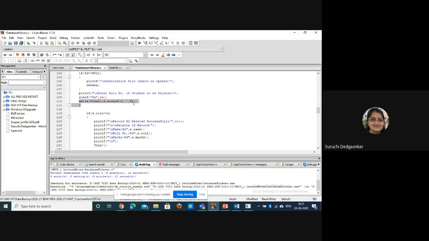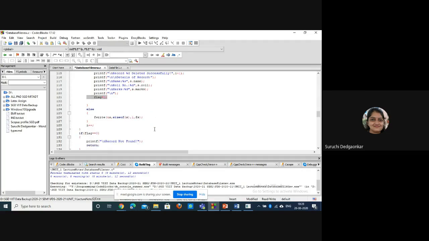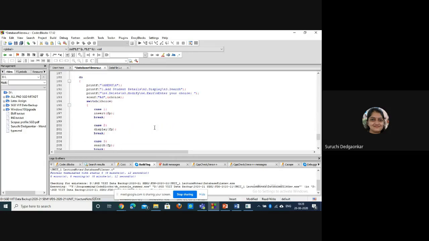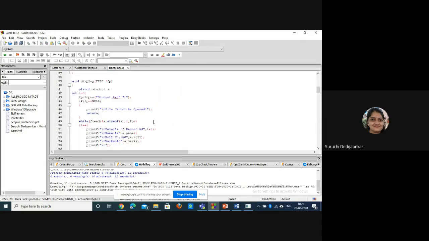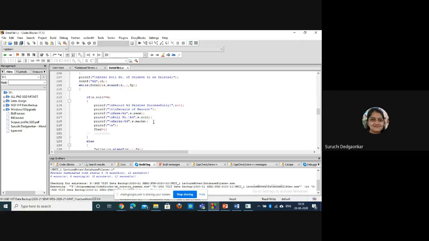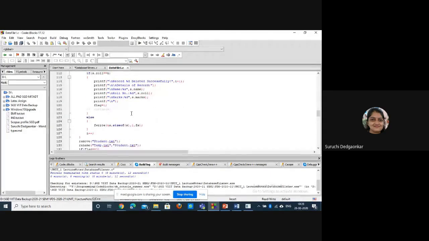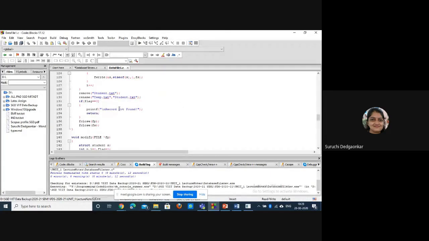Okay, so we will read the records from the source file, and if the match is found, the record we want to delete, so here it is logical deletion: flag is 1 and then we are writing it again. But in the physical deletion, what will happen? You have to shift those records to the temp file. Only the records you want to delete you do not keep; other records you have to shift.